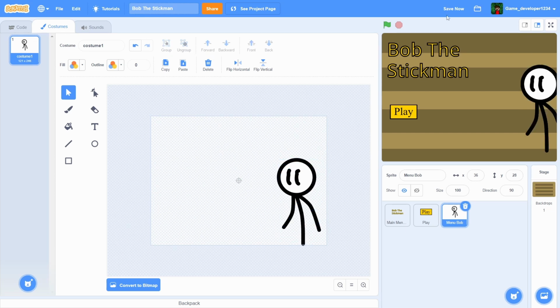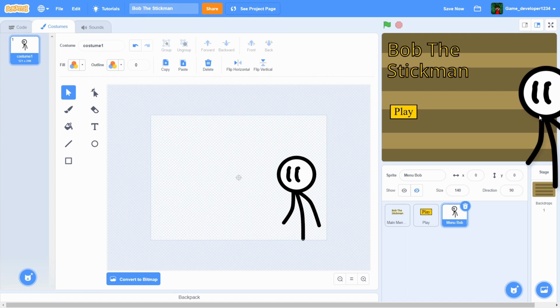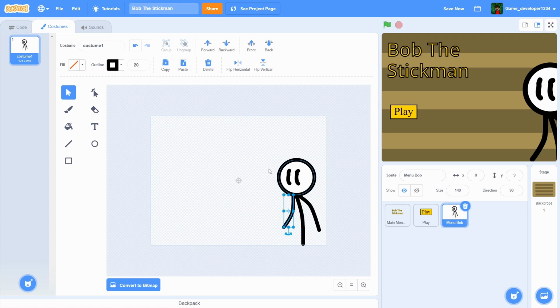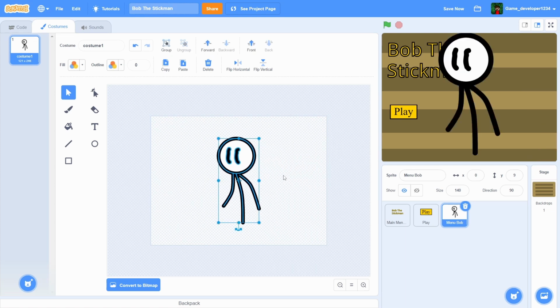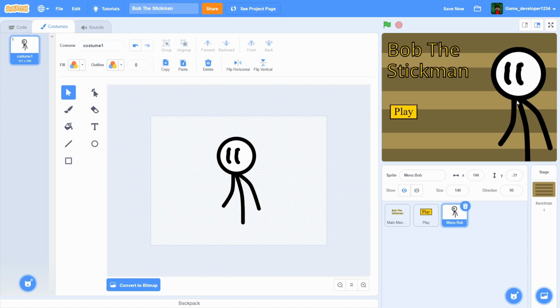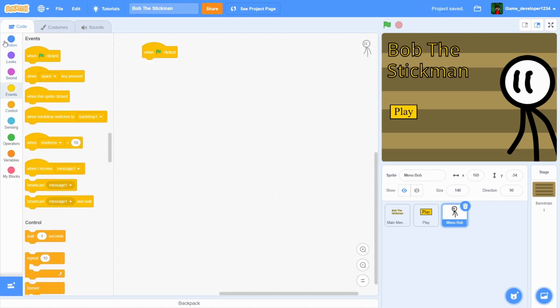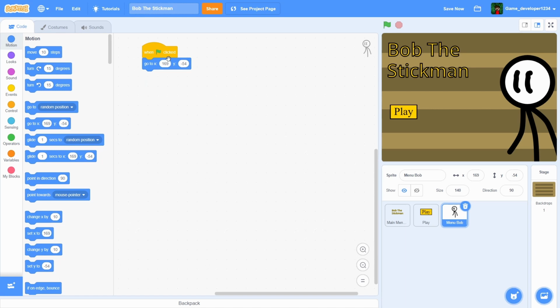Okay, move him down here. Let's set his size to like, I don't know, 140? Yeah, and then let's make him go to 0, 0. That is not 0, 0. What? Is that actually... There's no way that's 0, 0. Okay, wait. Alright, I think we might have to center him this one time. And then, like, do that. Yeah, okay. So let's do one green flag clicked. Go to whatever position that is, 169, -54. And,